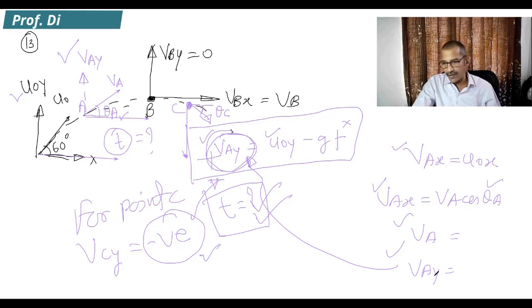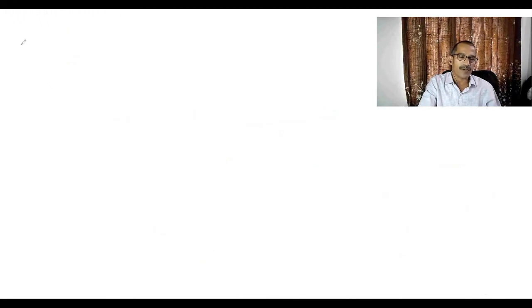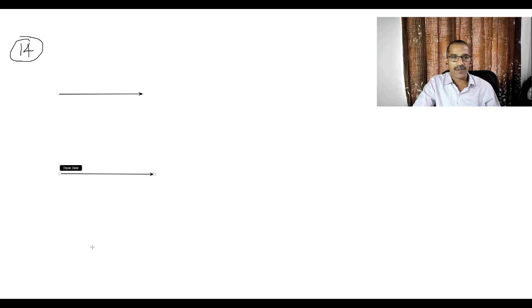Fine. Last point, say point number 14. Normally when we use our equation of path, that is the equation in terms of x, y, u0 and theta 0, theta 0 is given, but how to substitute it properly? That is what is important. The angle theta 0, when we substitute, is always measured with the positive x-axis.